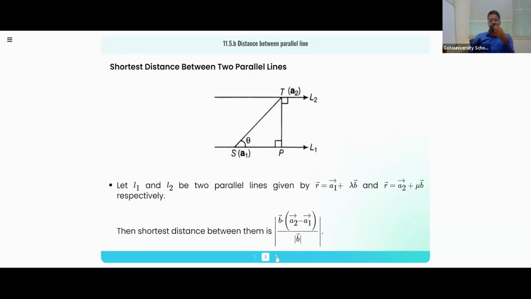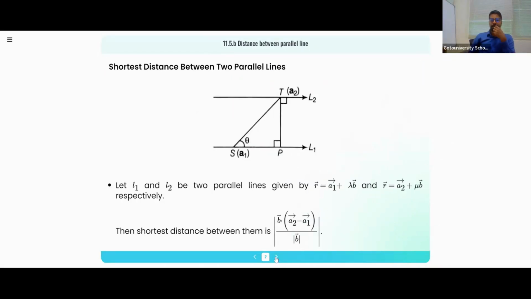The shortest distance between two lines which are parallel. The previous section was skew lines, which are non-parallel. Now between the parallel lines, the shortest distance between them is given by this formula. What is it? If you are representing